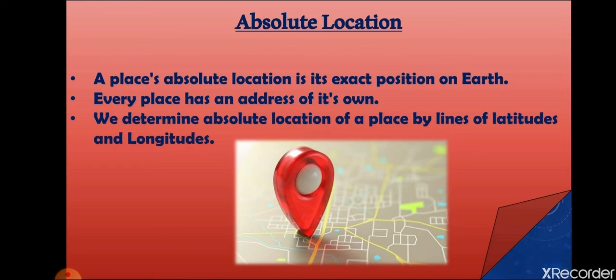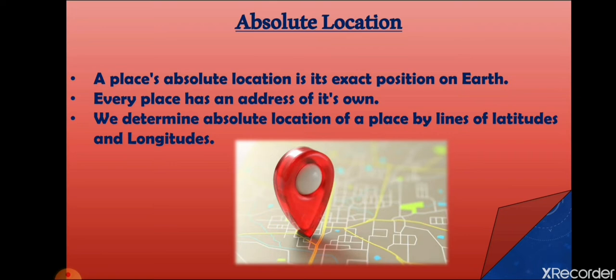Now for knowing the exact position, or the absolute location, on the surface of the earth, we use many reference points. It is difficult to describe the location of a point on a sphere like our earth. Now the question arises as to how to know the absolute location on the surface of the earth. For this we need certain points of reference and some lines to find out the location of a place.